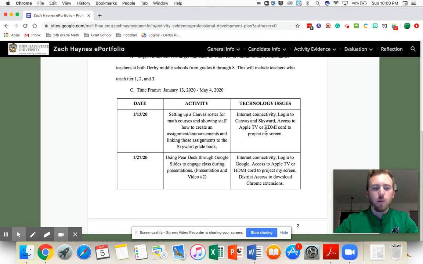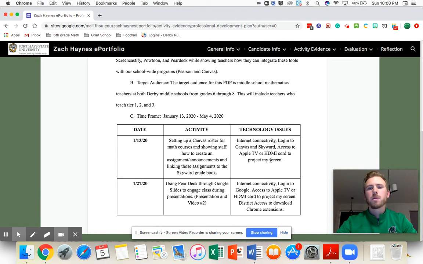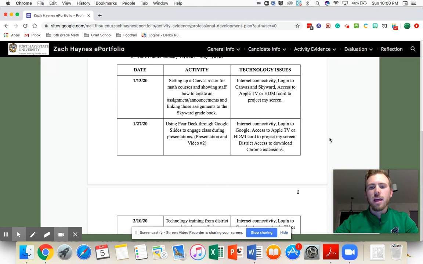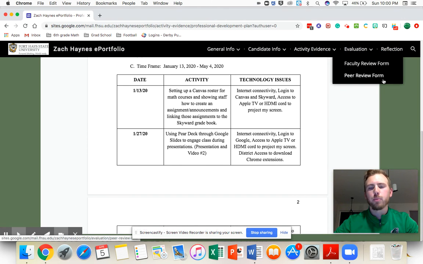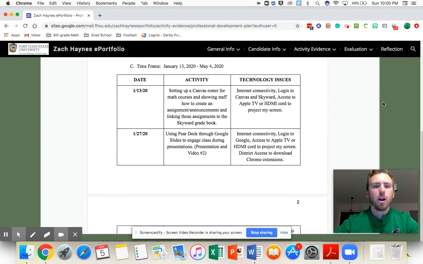And I think that when looking through this, you'll see that my goal is to take the programs that we already have that the school purchased for us, like Canvas, Skyward, Pearson, and implement those new technologies and integrate those new technologies into the programs that we already have, such as Pear Deck, Powtoon, Screencastify, and my presentations, my face-to-face trainings, my article summaries. Each one of those